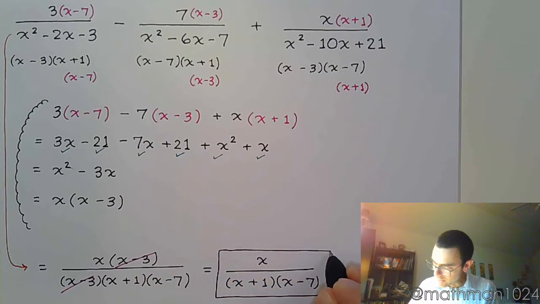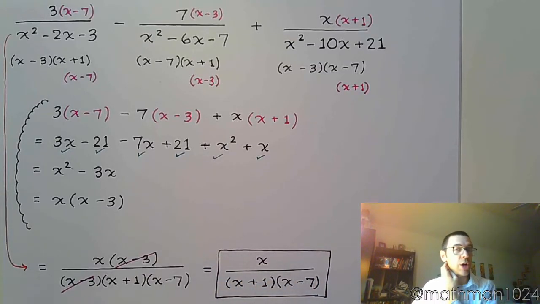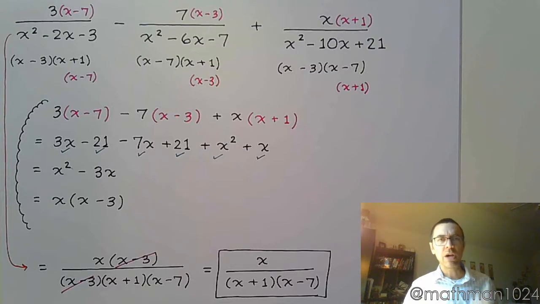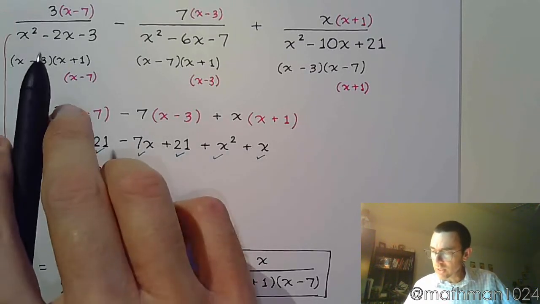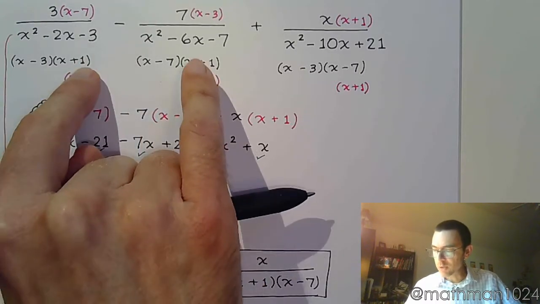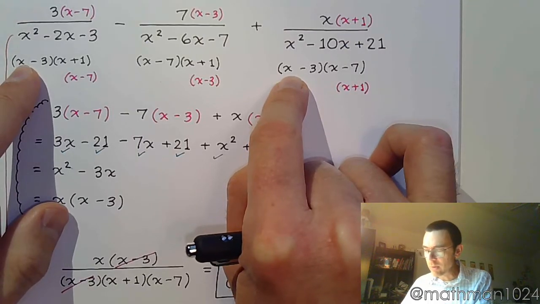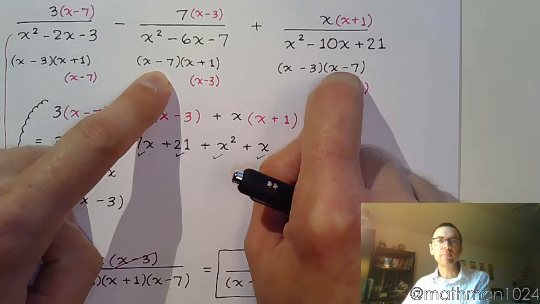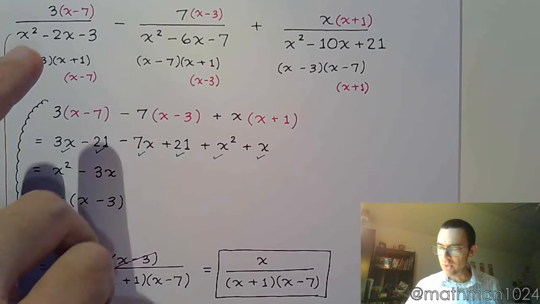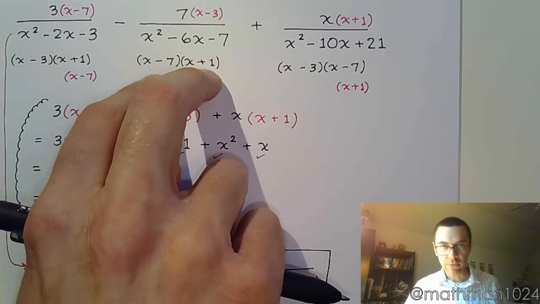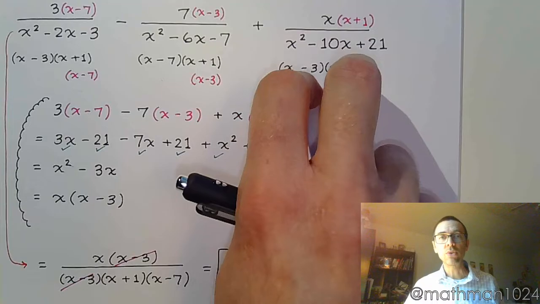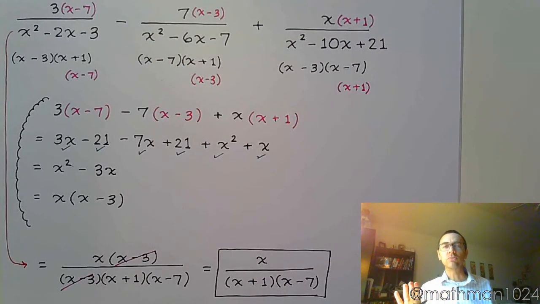So the thing to understand about this is to make sure that you do factor your denominators completely and correctly at the very beginning. And a lot of these problems that you're going to see either with what I give you or what you see in my math lab and really in most textbooks, you start to see some of these factors being repeated. Like we saw x plus 1 again. And we saw that when we got over here, we'd already seen x minus 3. We'd already seen x minus 7. If you find out that these two factors are totally different from both of these guys and totally different from both of those, and there's nothing in common whatsoever,